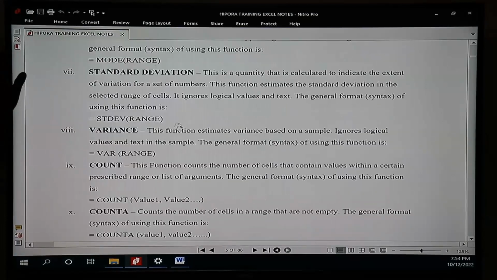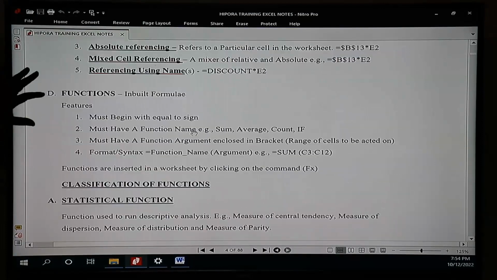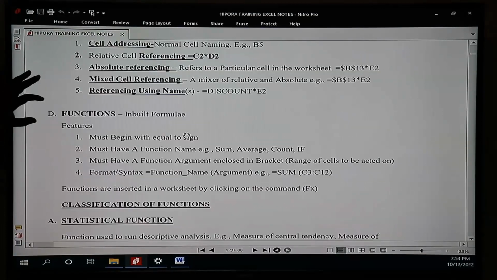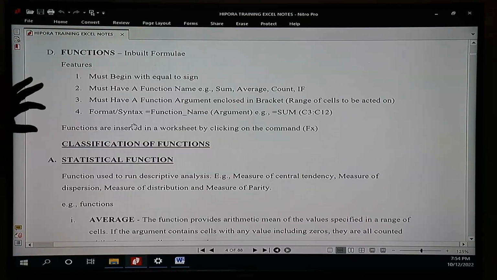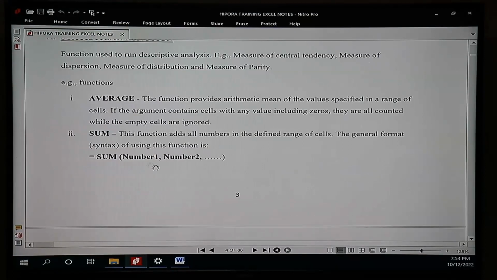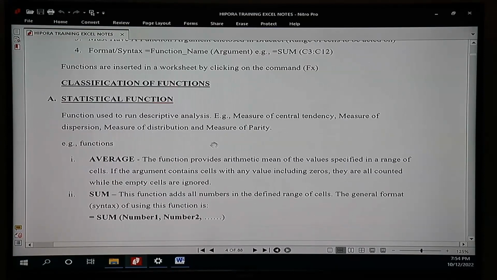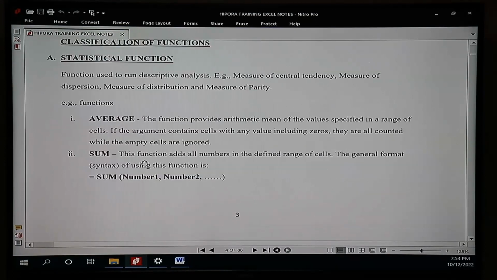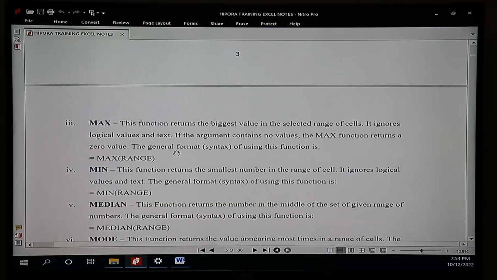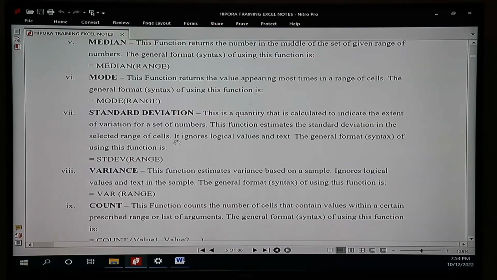So for the sake of those who were not in class, we started from the functions here, and we said that we can classify functions in two. We have statistical functions. These are functions that we use to run descriptive analysis, like average, sum, maximum, minimum. And we have done most of this, apart from standard deviation and variance, that you come to visit later when you'll be dealing with